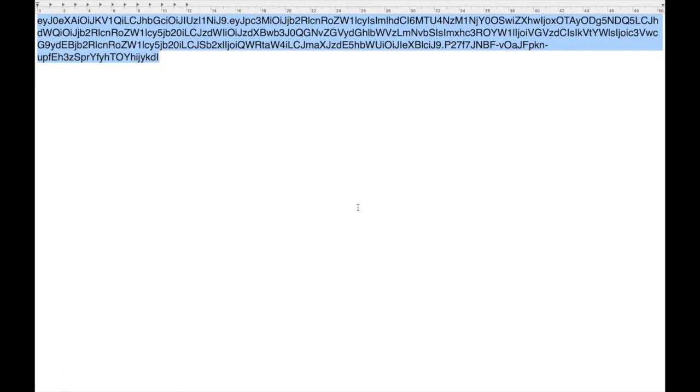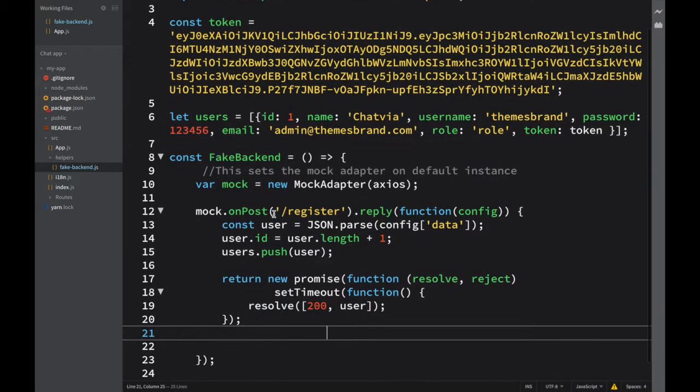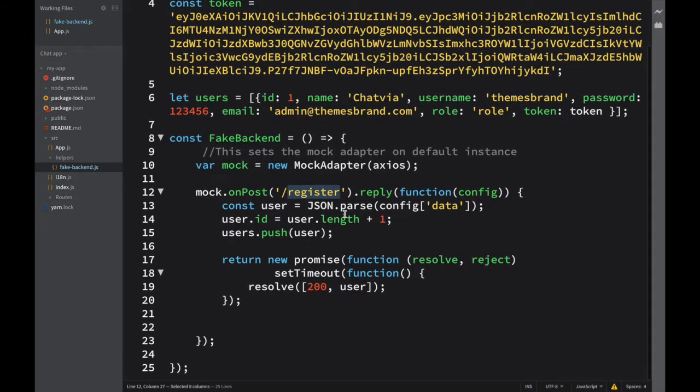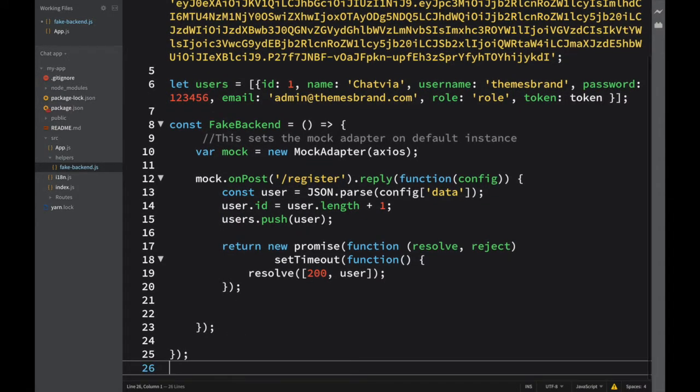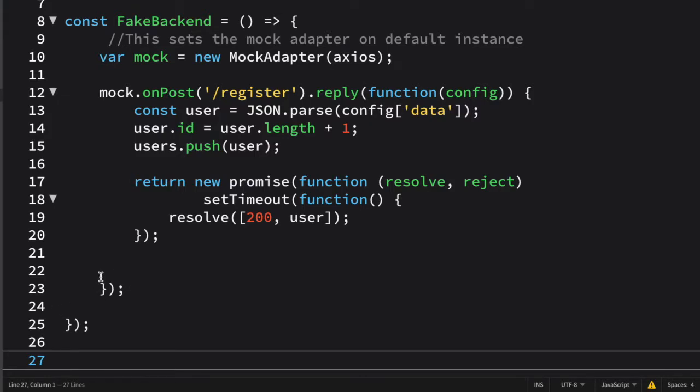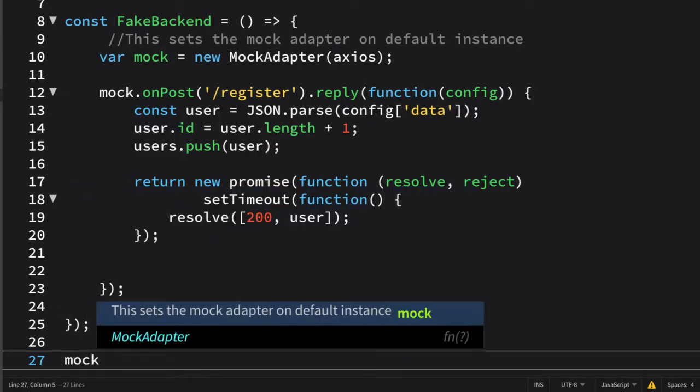So in the previous video we have just completed writing our code for registering a new user into our server or backend. Okay, and after this now we are going to write the code for logging in a user and for managing the forget password option. Okay, so let me start it here.